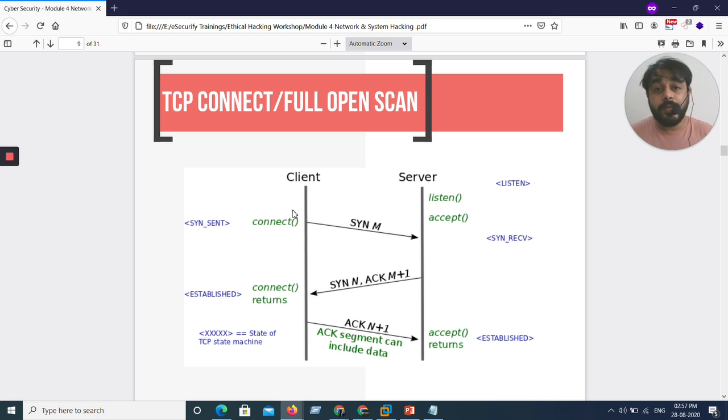It uses three-way handshake mechanism. Okay, TCP connect scan uses three-way handshake mechanism to determine whether the remote port of a remote computer is open or not. So these scan techniques are all about scanning different ports using different techniques on a remote system or a server. Okay, so here you can see connect is being sent, then listen and accept is being received,